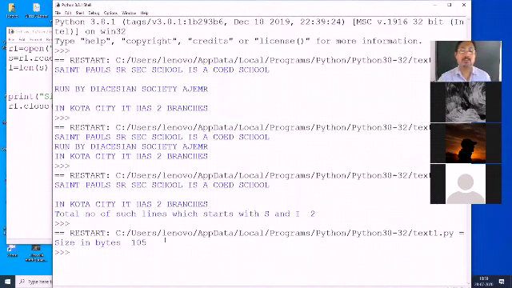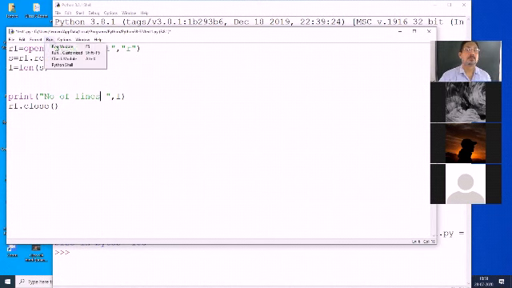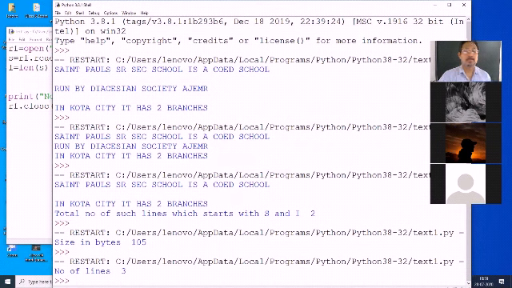Just see 105. Total characters are 105. Count करके देख लेना. 1, 2, 3, 4 करके. Okay. Next is your find the total number of lines. उसके लिए भी कोई मुश्किल नहीं है. Instead of that, you use read lines, and then you find the length of S. Run. Okay. 3 lines.